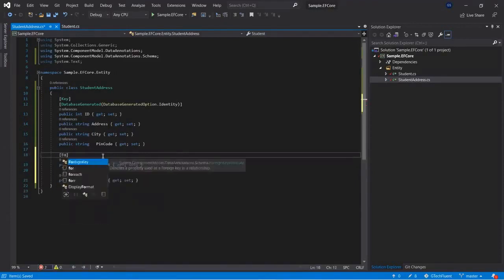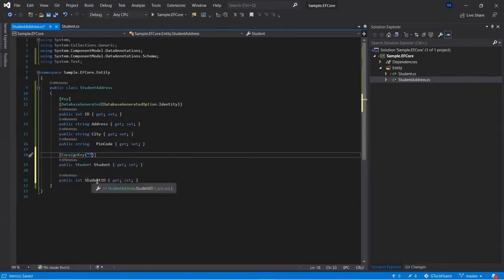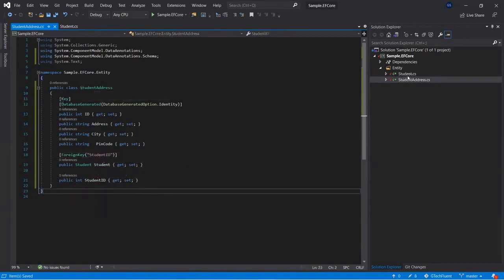Above it you need to use the attribute ForeignKey, and you need to give the property name of this class. So the property name is StudentId. We have given the reference of the Student class. Now our student has a foreign key here. That means one student can have multiple addresses.